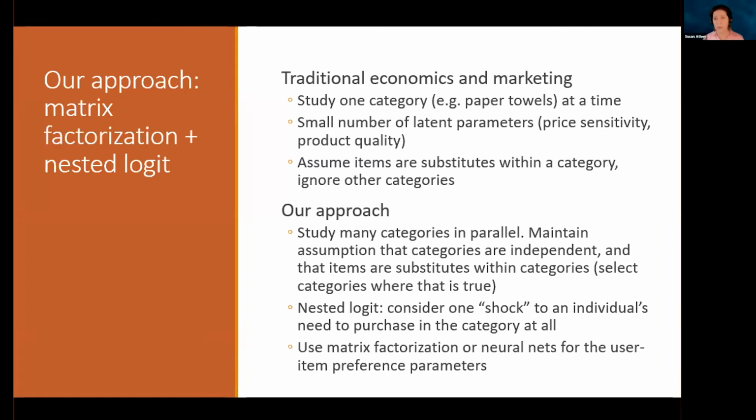And that's going to be really important to fit the data because most people don't buy most products when they go to the supermarket. And treating that all as independent gives you bad results. And that's something that's been well studied in the economics literature. And then the other thing we're going to do is either use matrix factorization or neural networks to estimate the user item preference parameters. And that's going to allow us to share information. So if you like organic tomatoes, I'm going to learn that you also might like organic lettuce. And I'm going to share information across products, which is going to be more efficient. So that's the wrinkle or the new thing that is a natural thing to do for machine learning, but that people hadn't been doing in economics.